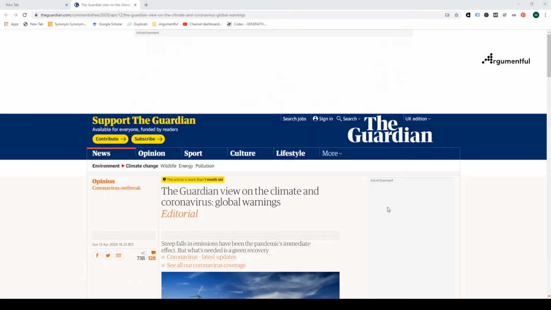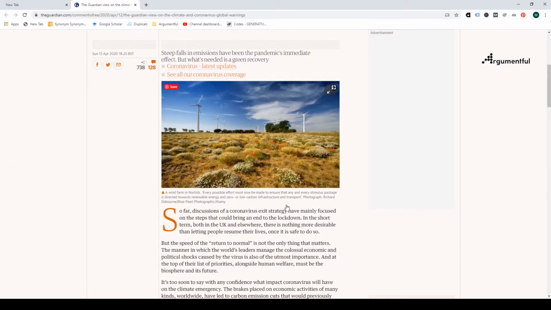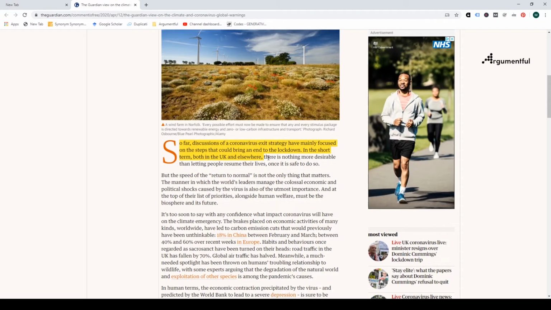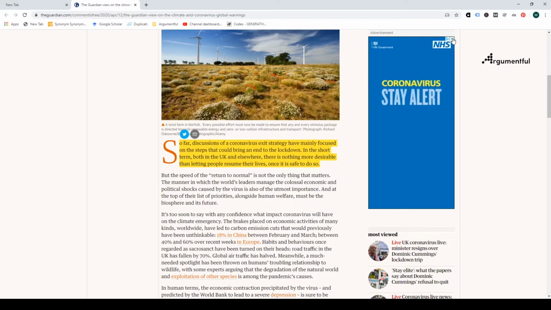In this video, I will demonstrate how to identify the central argument of a text by using a newspaper article. Identifying the central argument in a text is done by careful and objective reading. If you're an experienced reader and are used to quickly spotting the main idea, then this video is probably not for you. This demo is aimed at those who are just starting their journey into critical thinking and need some